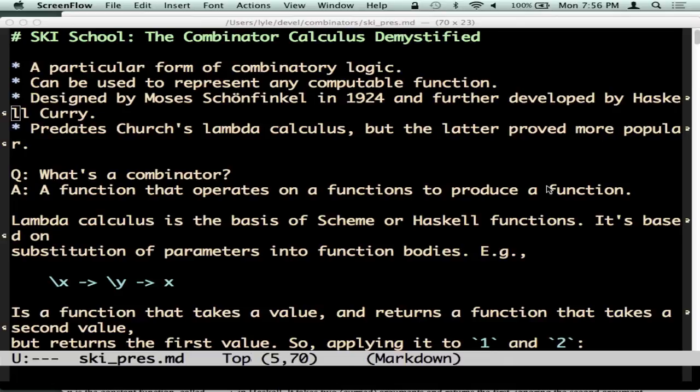Very good. Okay, so how many of you have heard of combinatorial logic or SKI calculus? Wow. And how many of you are wondering what it's about? Or how many don't care at all? Okay. Yeah. Okay, so what this is basically